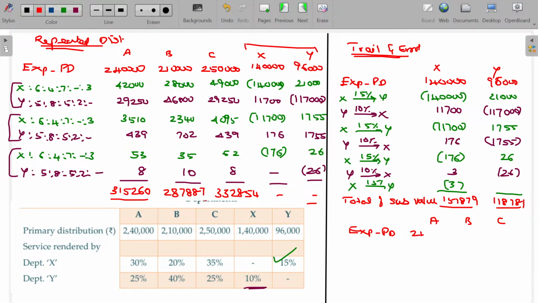2,40,000, 2,10,000, 2,50,000. Now I am going to share X values to the other department. 30%, 20%, 35%. Of this value,